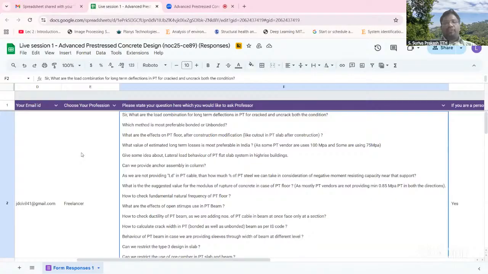So when it is deforming laterally, the gravity load system also should be able to deform together to that level without compromising the vertical load transfer. So in a PT slab system, that's the reason